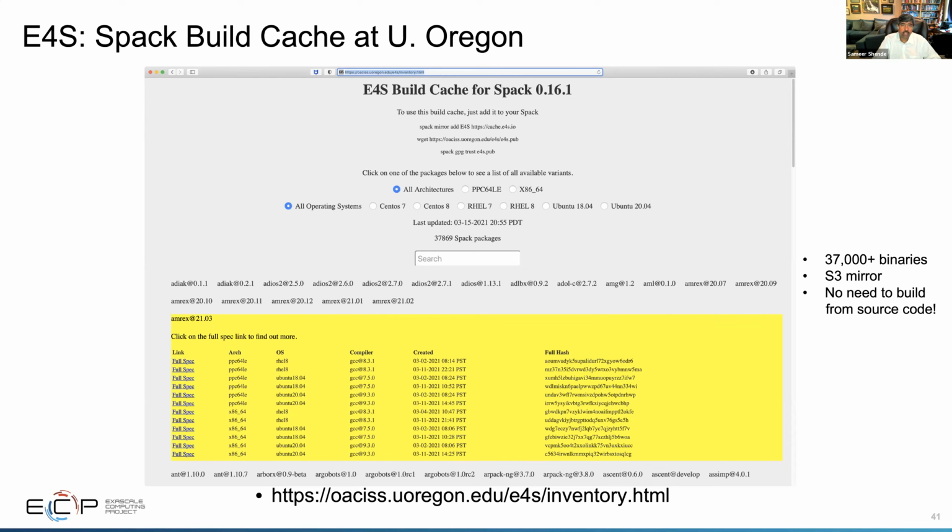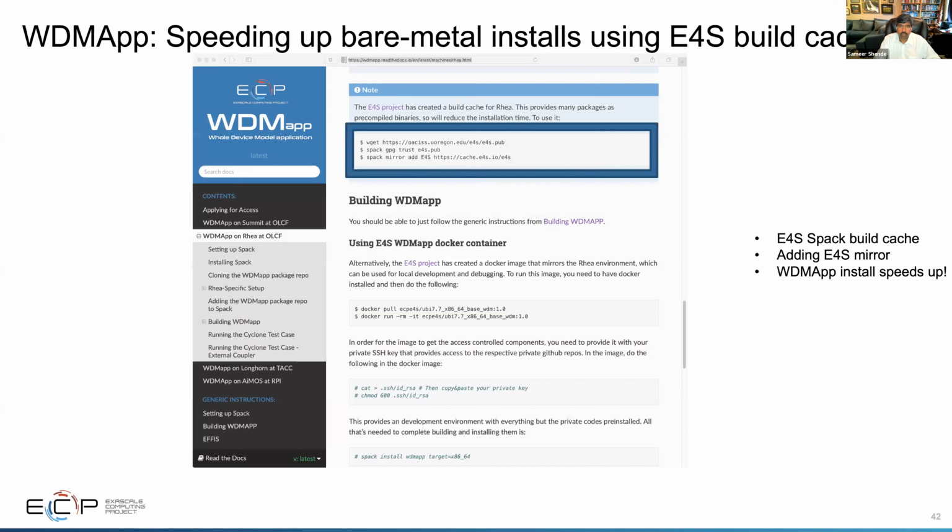So you could have one mirror, a local build cache that will then pick up the packages from your local file system for everyone to use. And this is what is done with some ECP applications. Here is the WDM app web page. To speed up the installation, this full software on this system required several hours, and you could just speed it up by just saying, get this key, trust it, add this mirror, and then